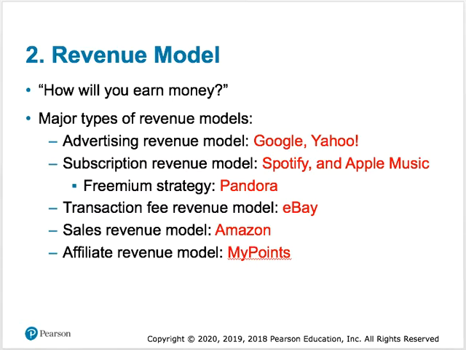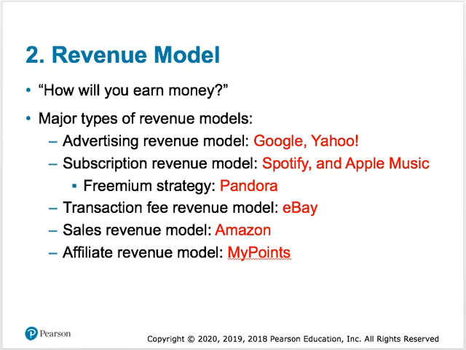Although many different e-commerce revenue models have been developed, most companies now rely on one or some combination of the following major revenue models: advertising, subscription, transaction fee, sales, and affiliate revenue model. Let me give you some examples of the major types of revenue models. For the advertising revenue model, the typical examples are Google and Yahoo. And regarding the subscription revenue model,